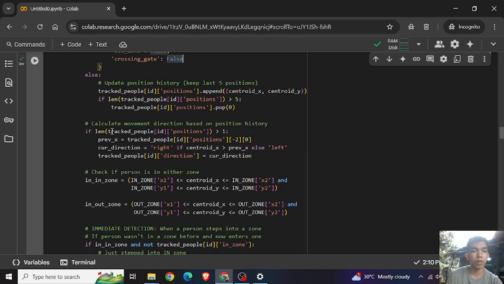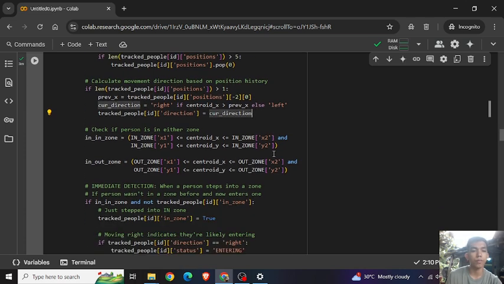So if len track_people ID positions is greater than one, this line compares the previous and current x coordinates to find the movement direction.